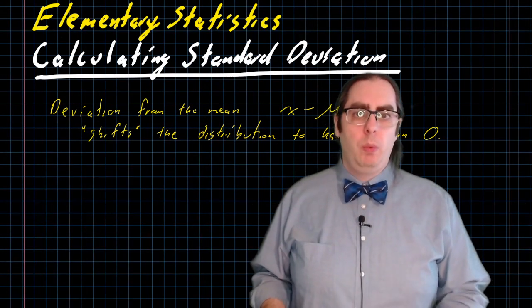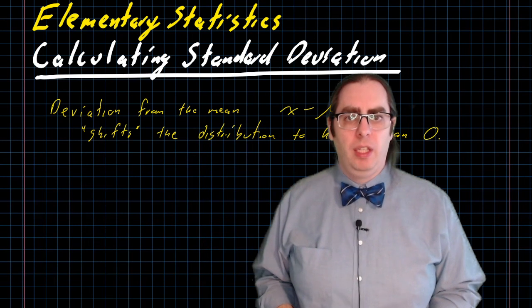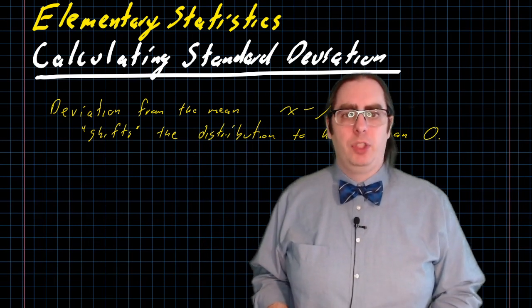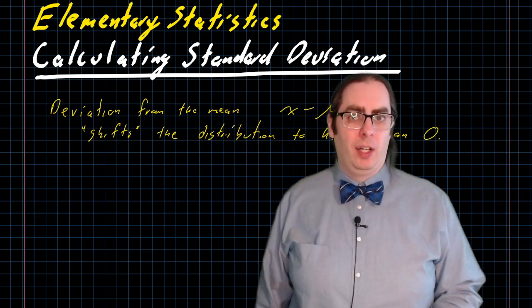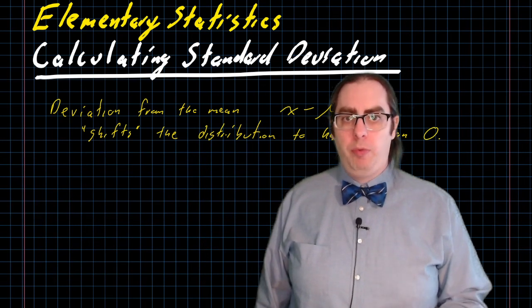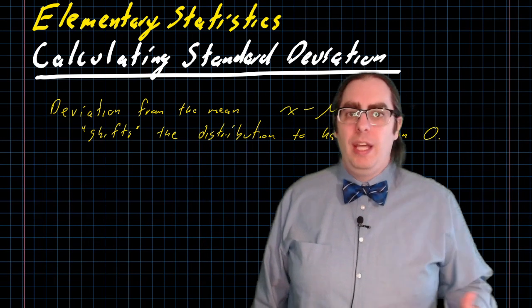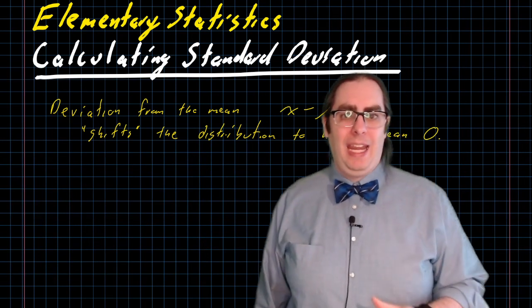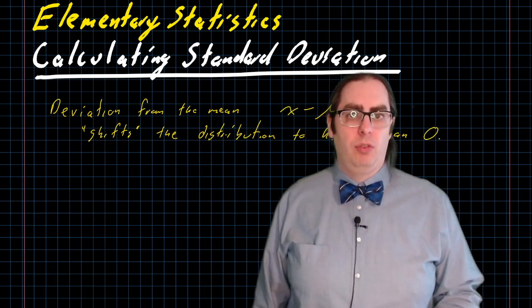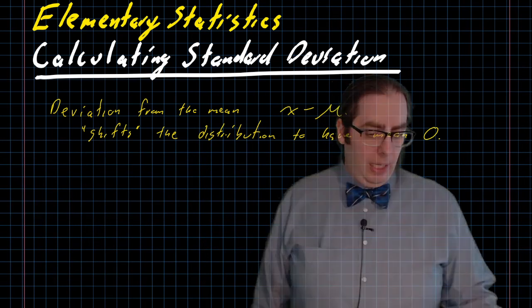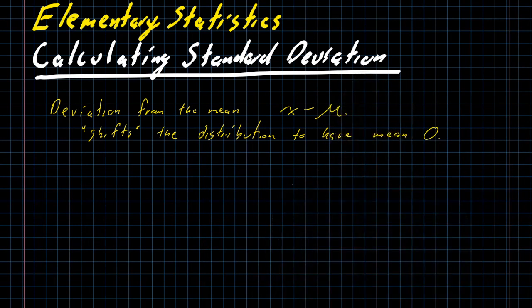I mentioned when we were talking about central tendency that there was an idea of average called the root mean square, which was very helpful when you're dealing with a distribution that has both positive and negative values like this one does. And so that's going to be the idea. The standard deviation